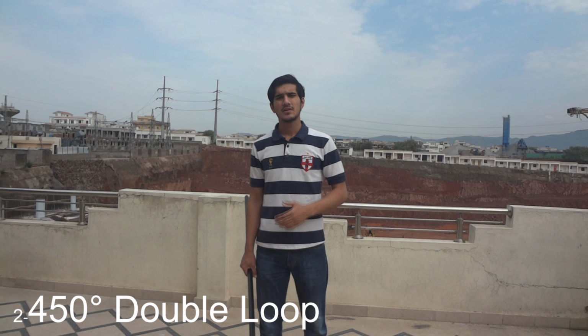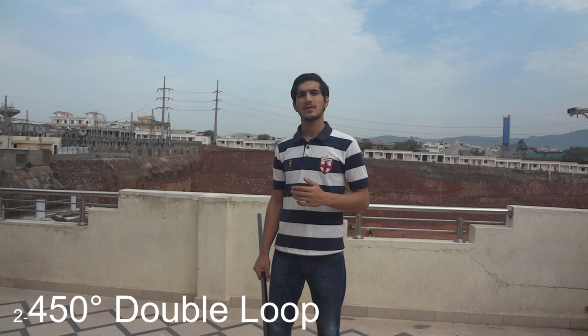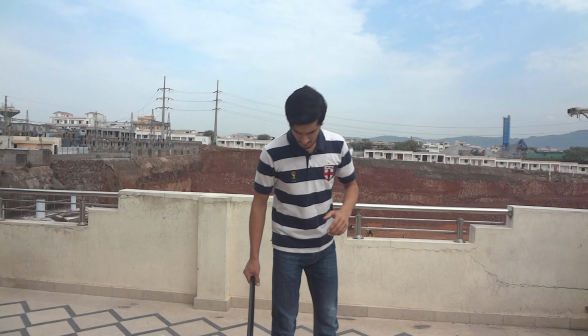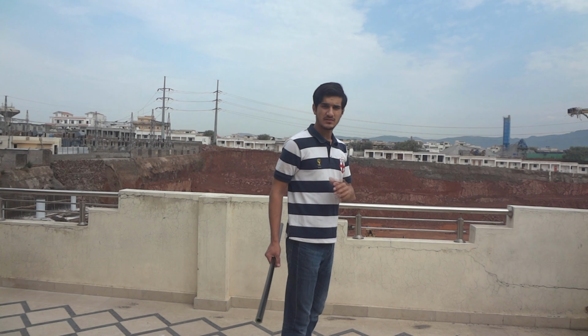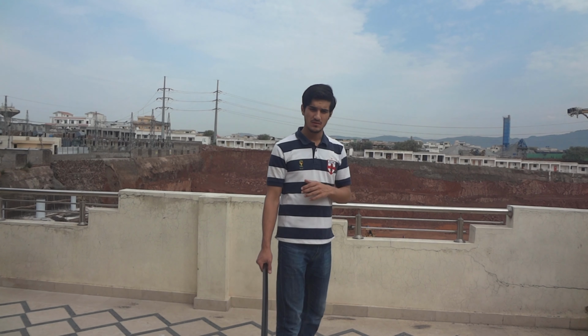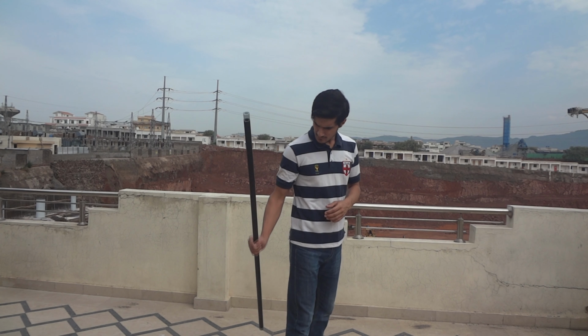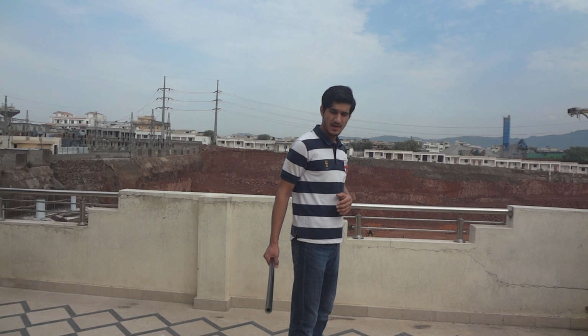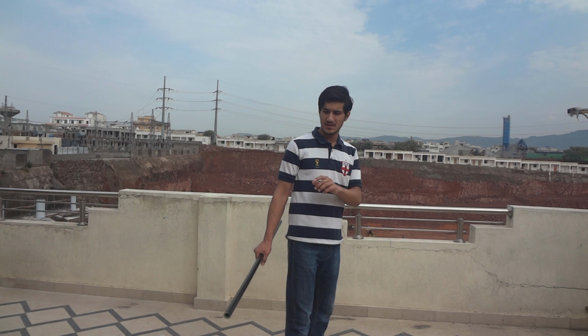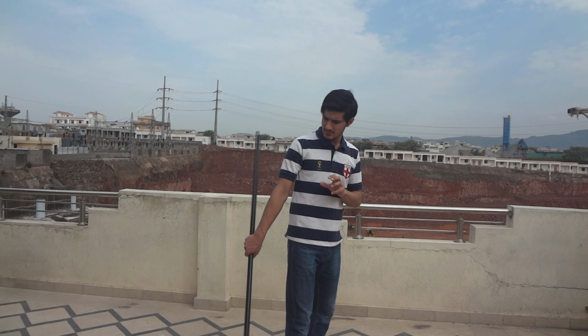Now the 450 degree double rotation is a bit similar to the 270 degree double rotation, but in this case you move the stick anti-clockwise. So you start off by standing in the side stance because it makes it a lot easier to move. Now you start off by holding the stick behind your back, complete a 270 degree rotation, but this time anti-clockwise,